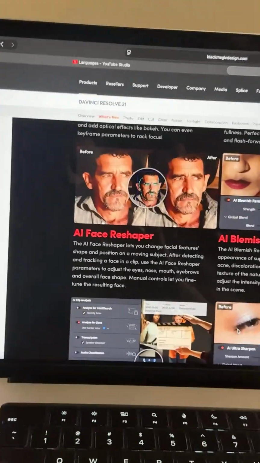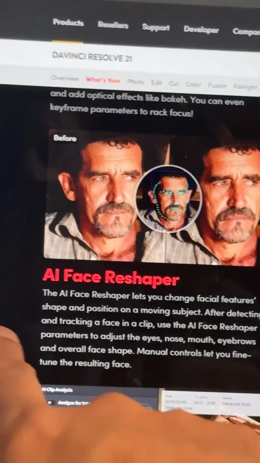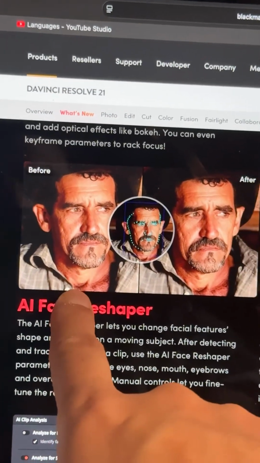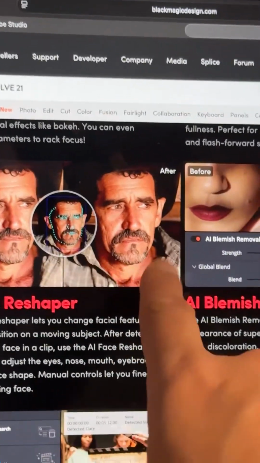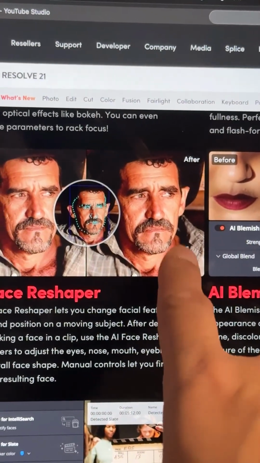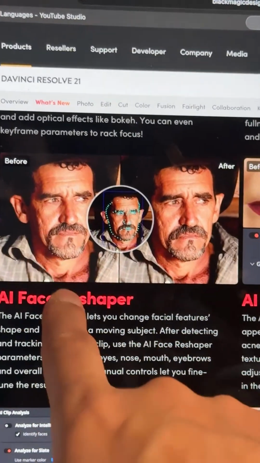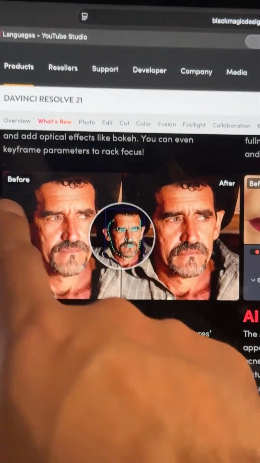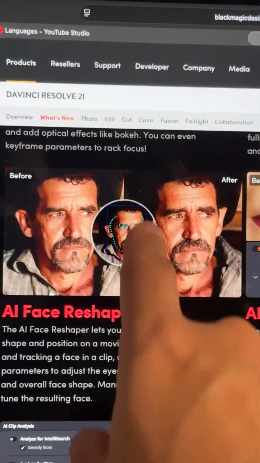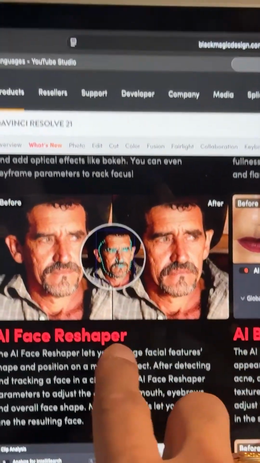This is how they're showing it. On the left, this person is smiling, but after that they made him look sad. You can change your smile, jawline, eyes, nose, you can do anything.